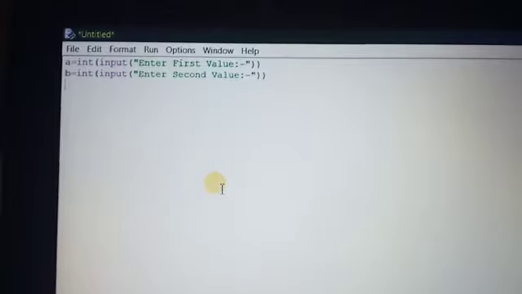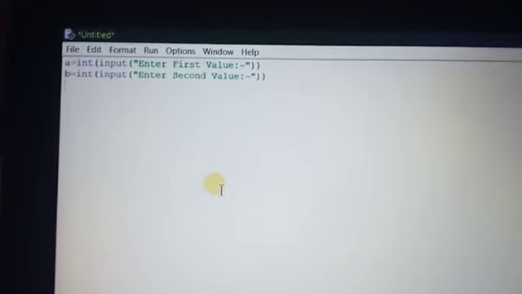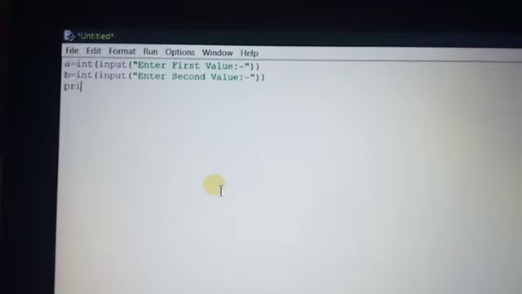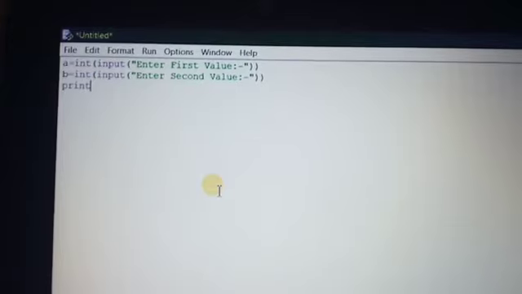Now the print function is used to display whatever you have typed, along with a message and the value.